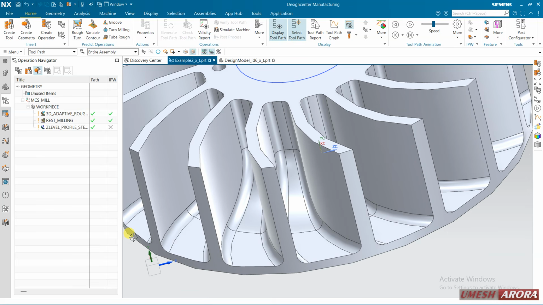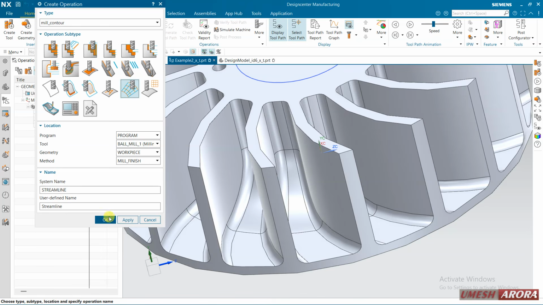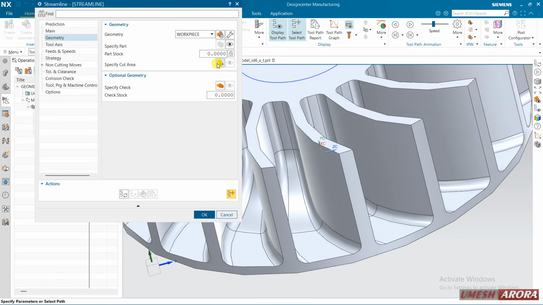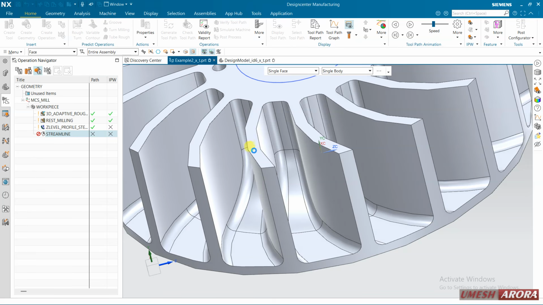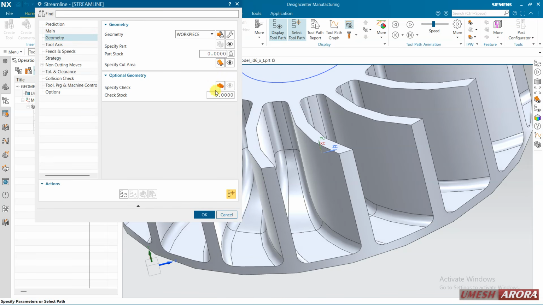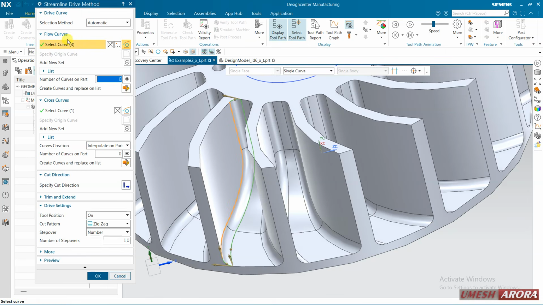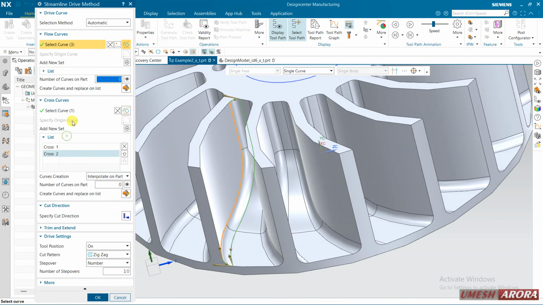For this rest material I am using Streamline and the tool, and okay. Now come to geometry. First select this geometry. So these three faces, okay, do the same thing for other three faces. Come to this main, and here in Streamline we have two flow curve and two cross curve, right?